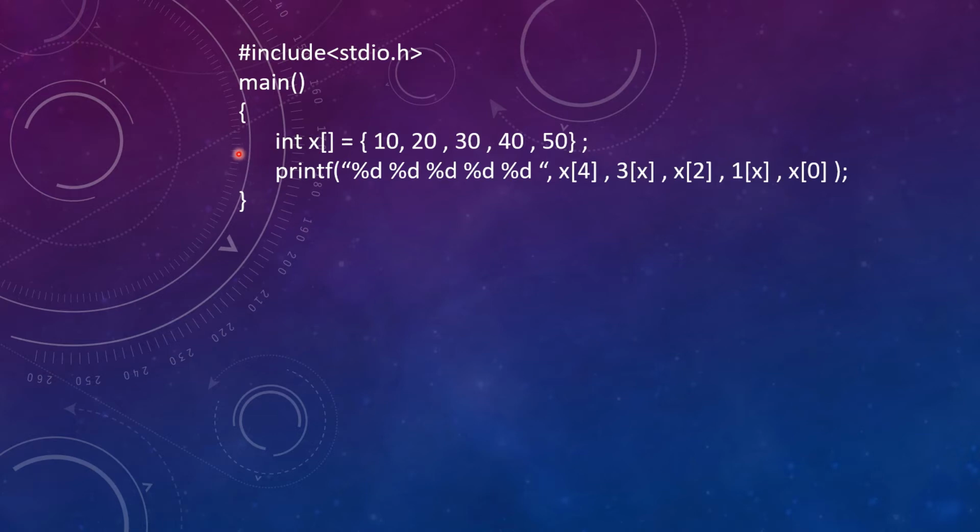So in the first line, we have declared an array. And what is an array? An array is just a collection of similar kind of data. It is a collection of homogeneous kind of data, meaning all the data must be of the same type. As you can see here, this array is of integer type. And one more speciality of an array is that the data is stored in contiguous memory locations. You will get to know more in future videos.